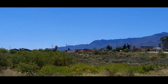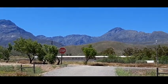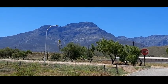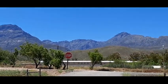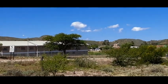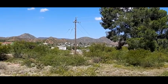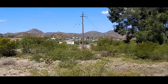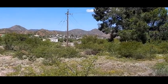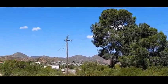Swartberg Mountain, and I go right around. Was it Elandsberg or something like that? They call it. Okay, down there, and that's the direction I have to go to home. When that car is coming along, that's the road I must take. Okay, that's to the east. So I stop my video here